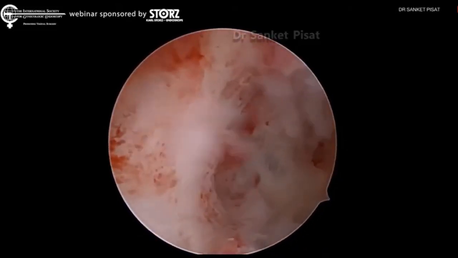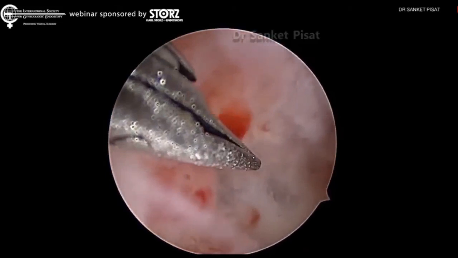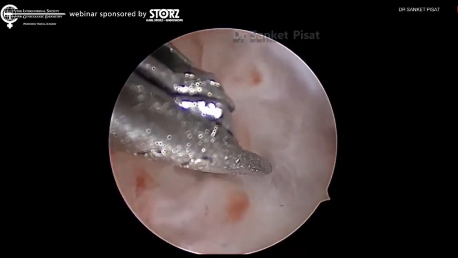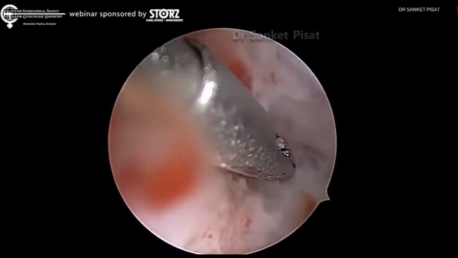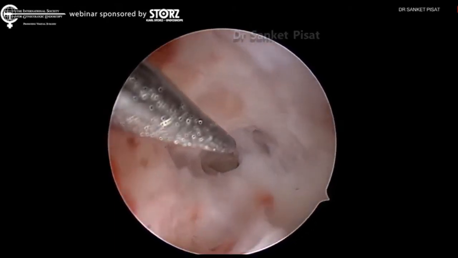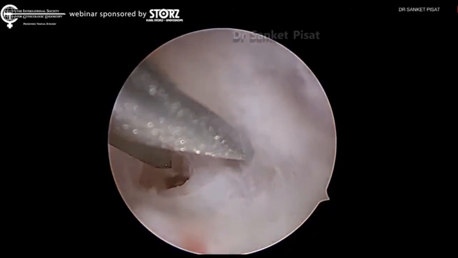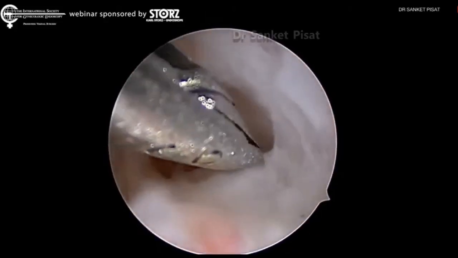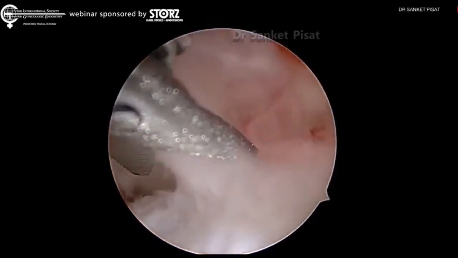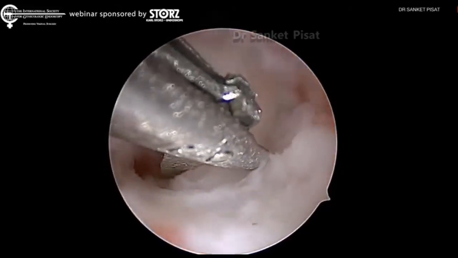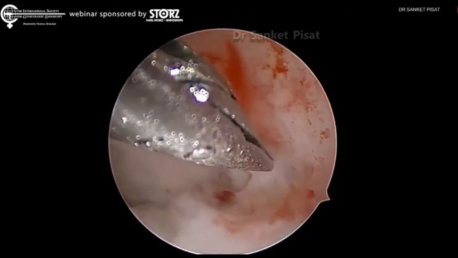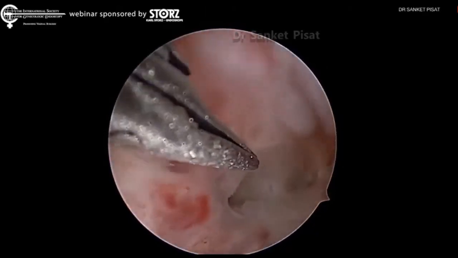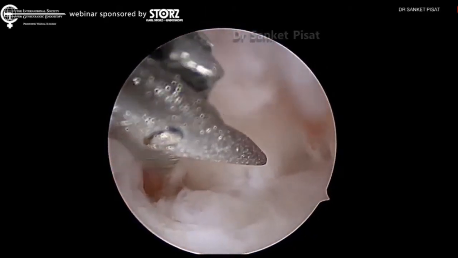And now if you compare this side with the other side, you can see how completely the obliteration is seen. But now for us, half of the uterine cavity has already been demarcated. Using the picture of that half of the uterine cavity, I am now trying to recreate the other half. So gradually I am cutting the fundus of the uterus, and I am trying to level the fundus with the level of the incision that I made earlier.